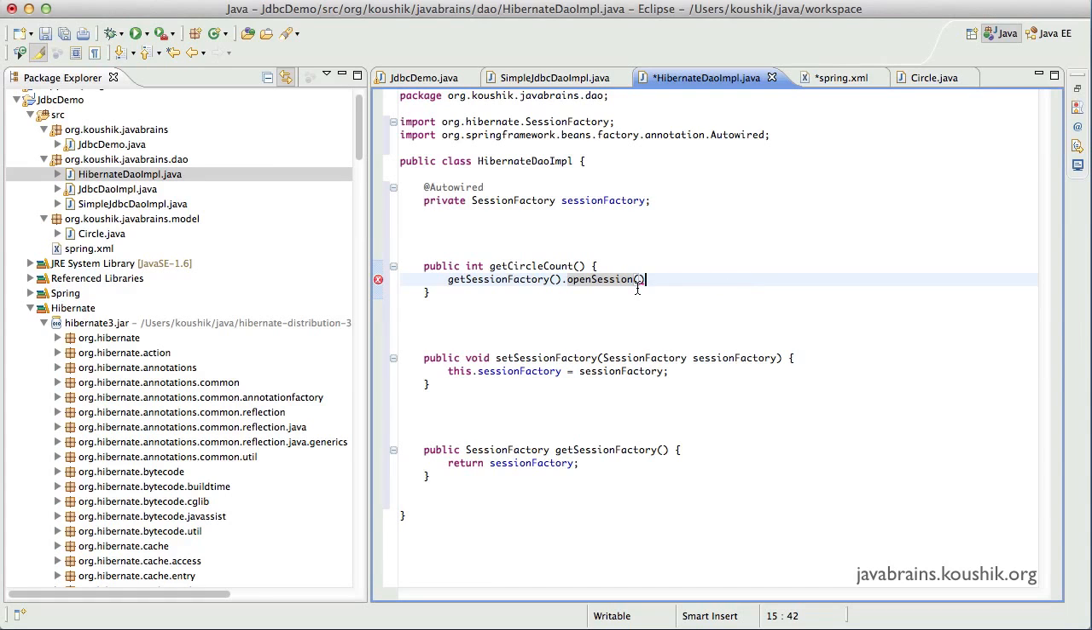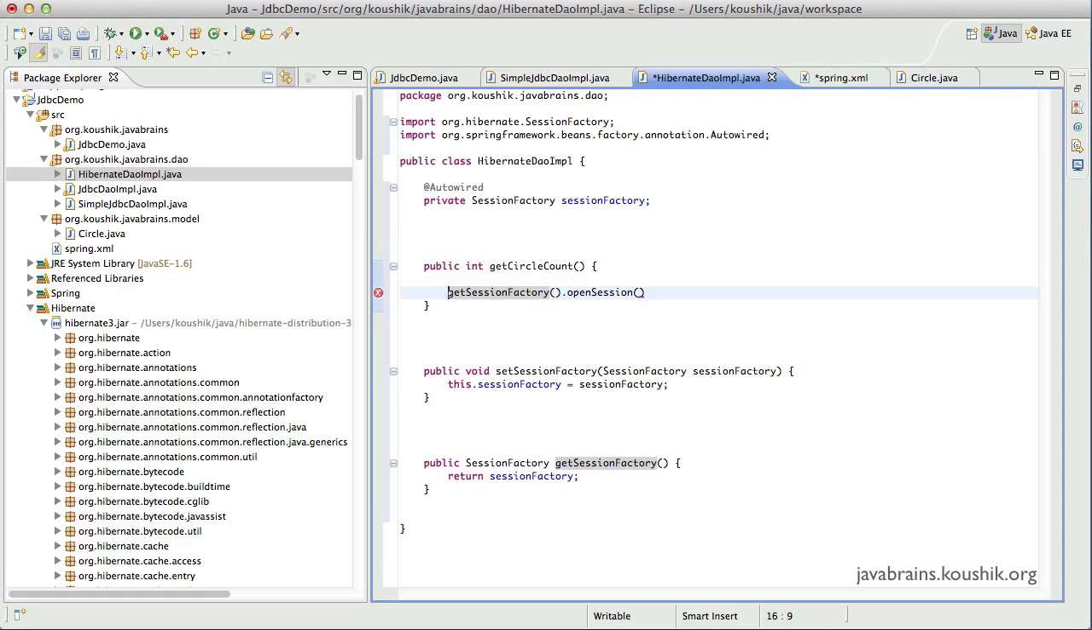I will use a query over here just to keep things simple. I will write a string HQL here. It's not SQL, it's going to be the Hibernate Query Language. I'm going to use a select count of star from Circle. Notice that here Circle happens to be the entity name, not the table name. Of course, in our example it matches, but notice that we're using HQL here, which operates only on entity